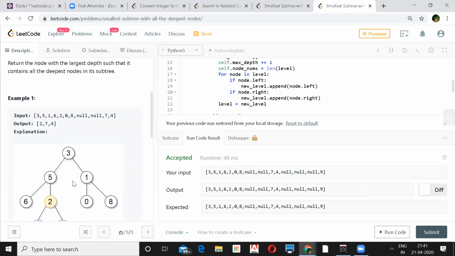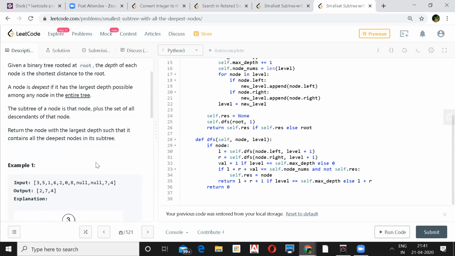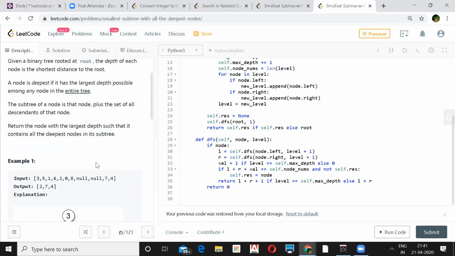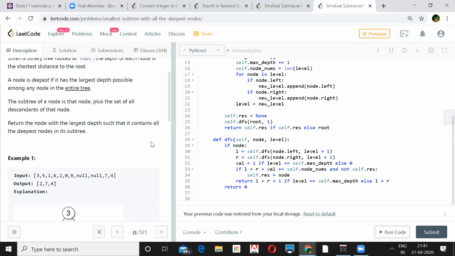So it's almost like the LCA, the lowest common ancestor on a binary tree. But before that we need to check whether it is at the deepest level. Is this a specific type of problem with LCA?